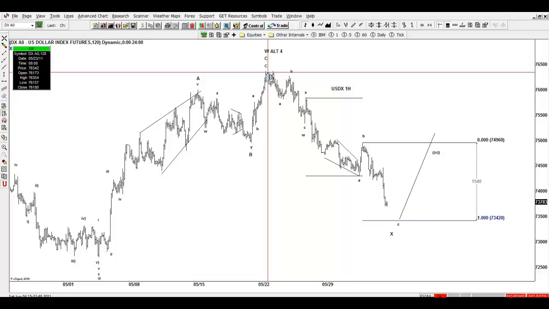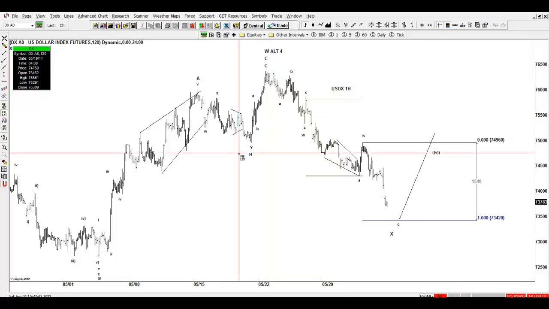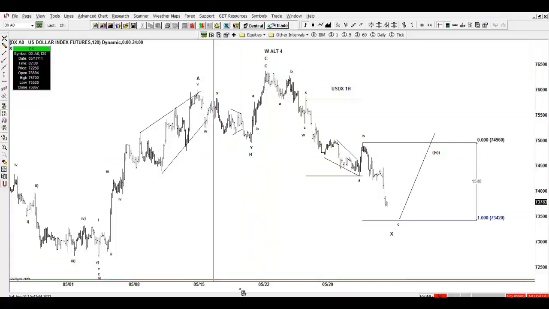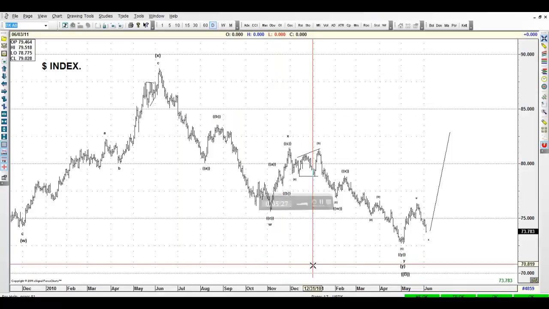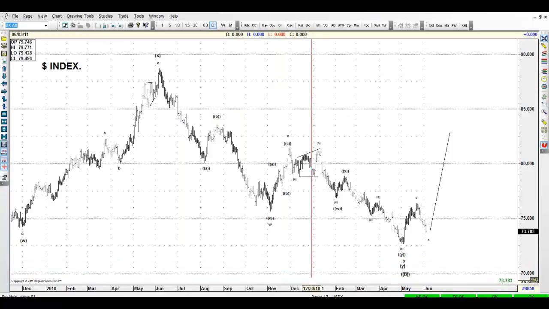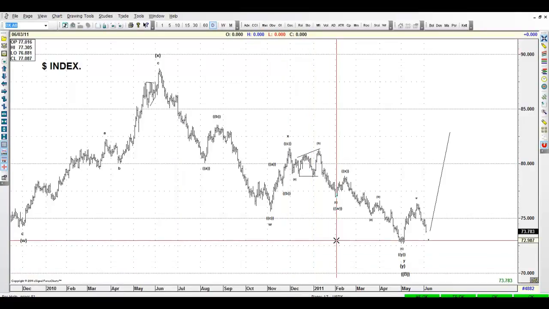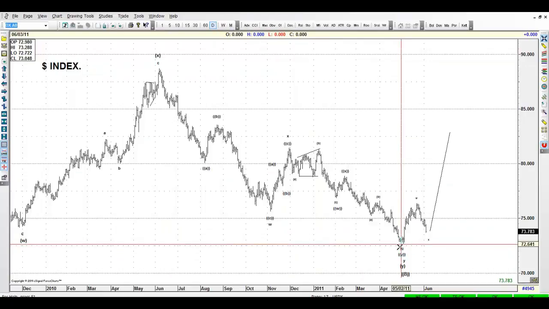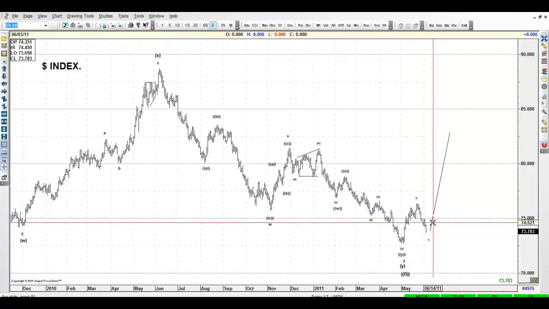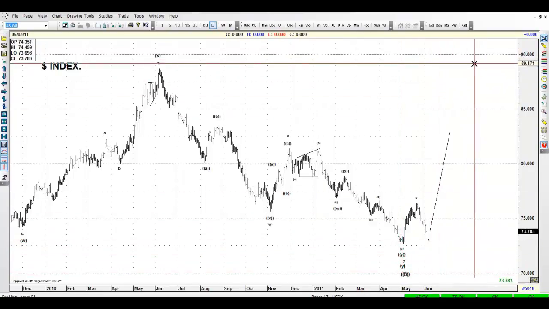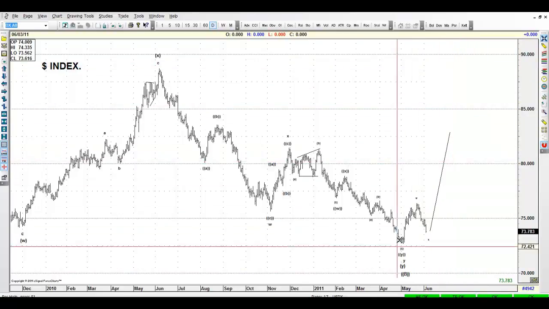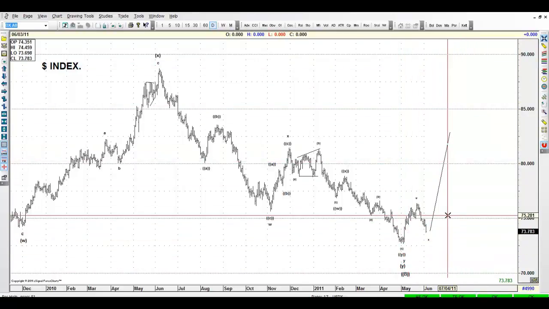All right, let's move on to the scenarios in the longer picture of the dollar, guys. Okay, guys, this is the US dollar index on the daily chart. All you guys know that we're expecting this to be the end of the bottom of the B wave, so we're expecting a C wave higher on the dollar. Now, the question is, is this over here? Well, like I said, it's very hard to tell at the current levels. We should know pretty soon how we go.